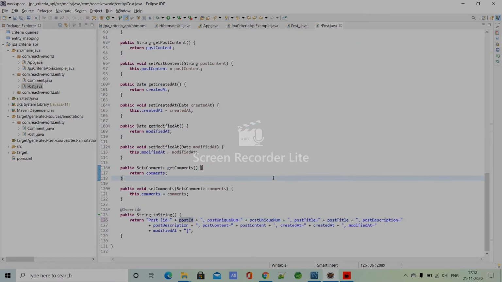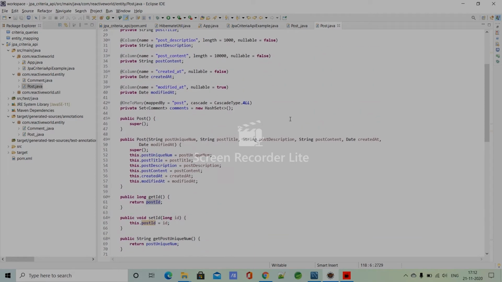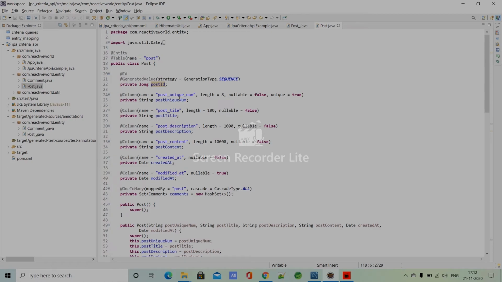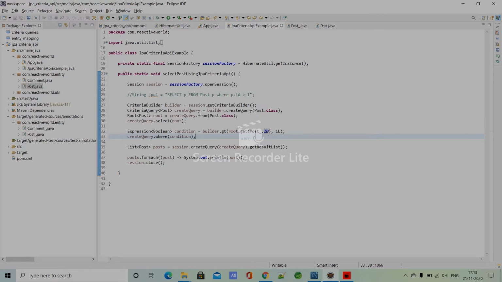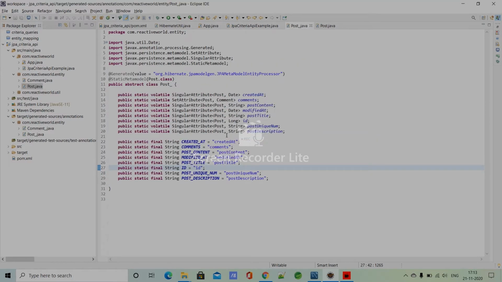Now we are done. What we did is we changed the id, which was previously id, and renamed it to postId. So here we are still accessing id because in the meta model generator class here it is still id.